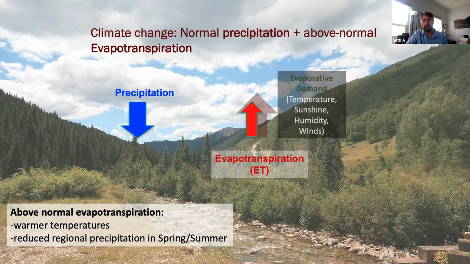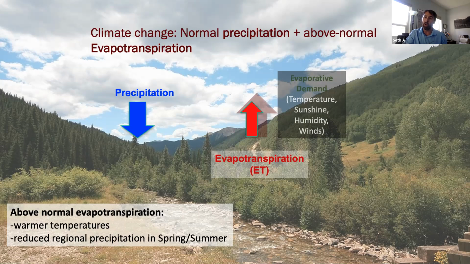So what happens in the future in terms of climate change? Well, considering the data we just looked at in terms of precipitation, much of the region sees a slight increase in precipitation. And for this part of Colorado, southwest Colorado, I think there was a very small increase in precipitation. So we're going to say that precipitation is not going to change in the future. But what we are certain about is that temperatures are going to change. While temperature isn't the only factor in calculating potential evapotranspiration, it is a significant factor. So if temperatures are increasing, evapotranspiration is going to increase.